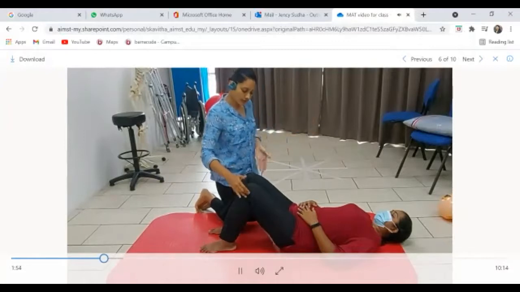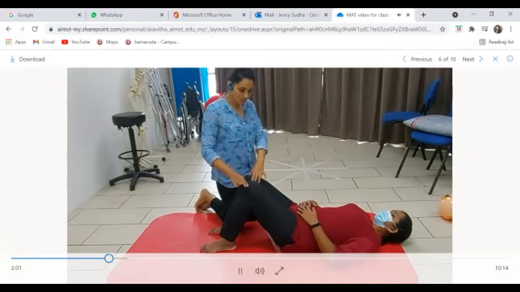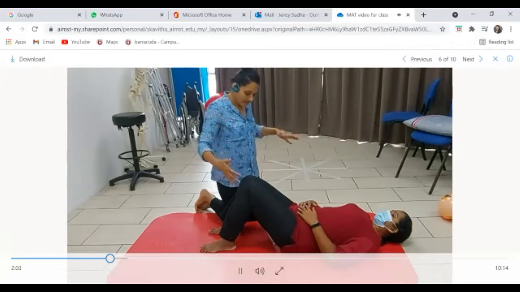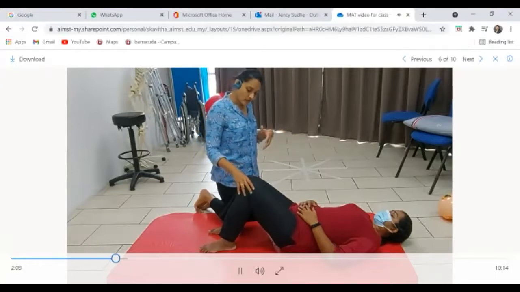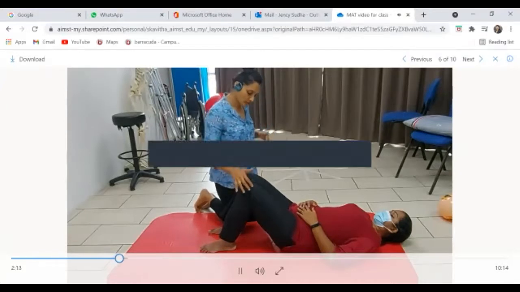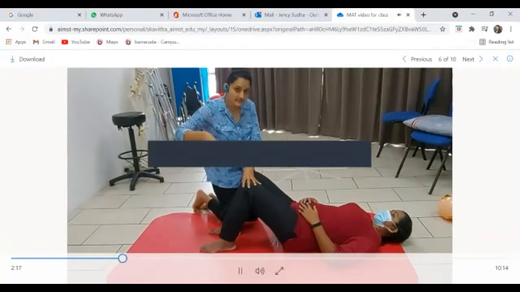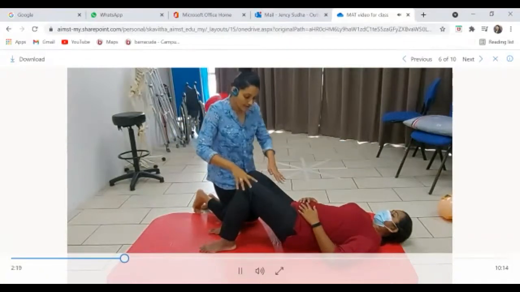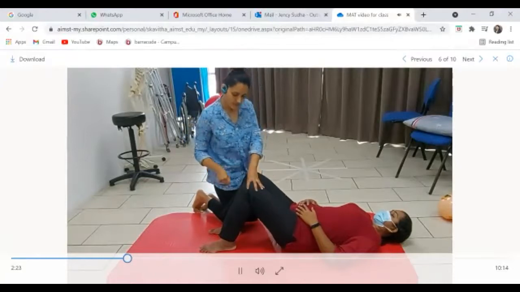So how do you do that? You can hold like this and ask them to tuck it. Like I have asked them to squeeze both knees, and with that they will be able to control it with the help of the other leg or adductors. Later on, you can just keep a space between the thighs and ask them to control. So they have to press the leg, giving a pressure towards the bed so they maintain it, but not lifting exactly. They just give a pressure. So this is a